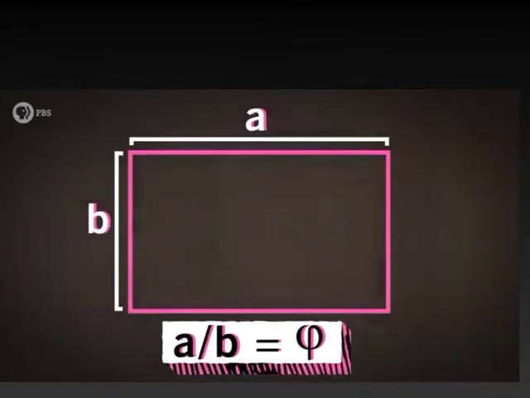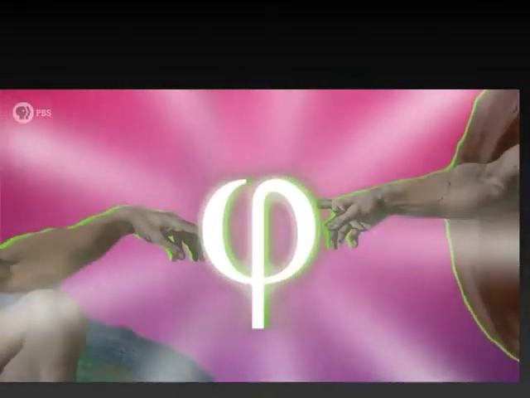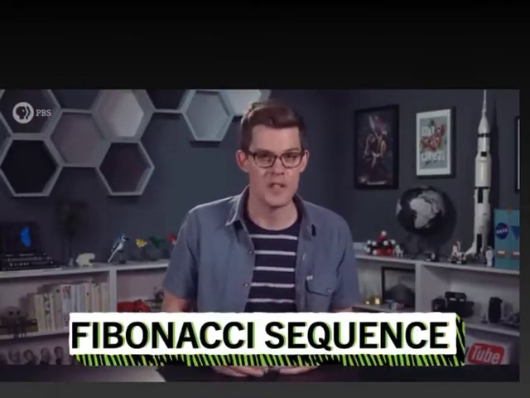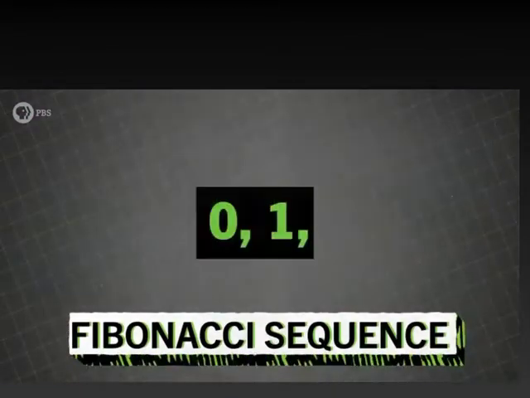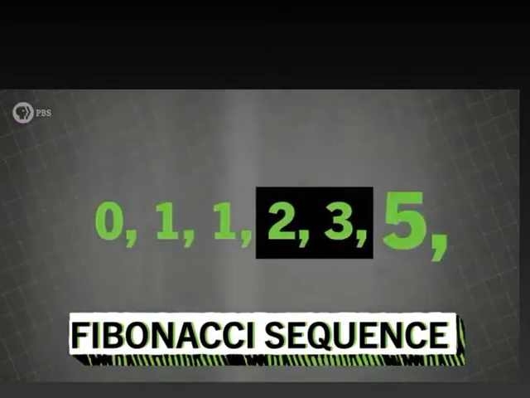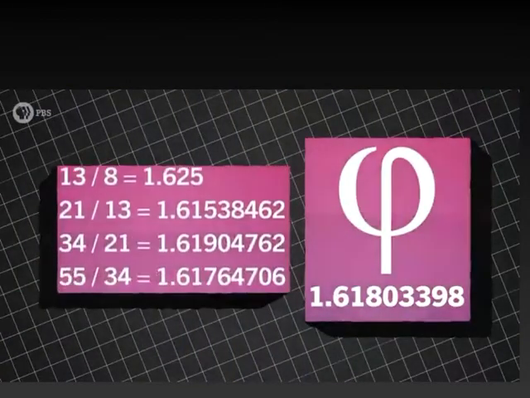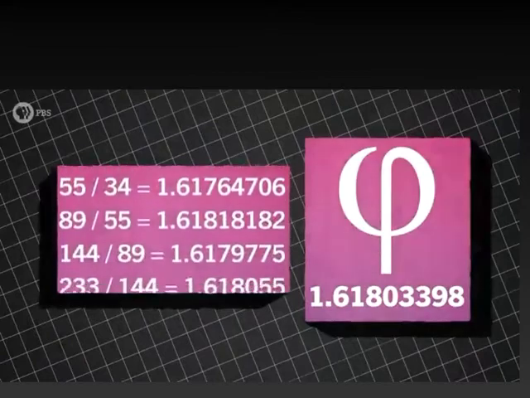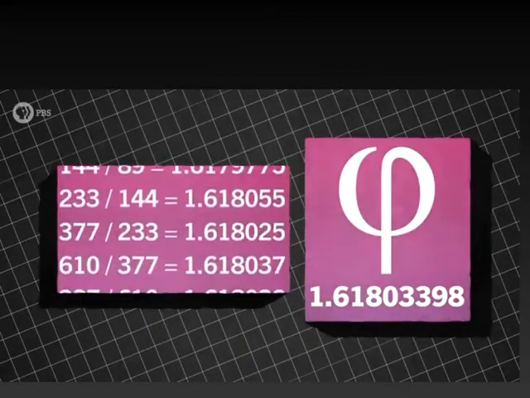And because this long irrational number made sense visually but couldn't be explained as a fraction, some ancient philosophers figured it must have a higher meaning. They called it the Golden Ratio, and later the Divine Proportion. Which brings us to something called the Fibonacci sequence. This pattern starts with 0, then each following number is the sum of the two before it. And what does that have to do with the Golden Ratio? Well, as the sequence goes higher, the ratio between the numbers gets closer and closer to 1.618, or phi.